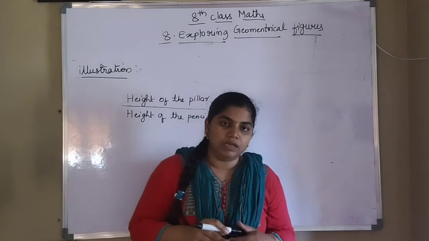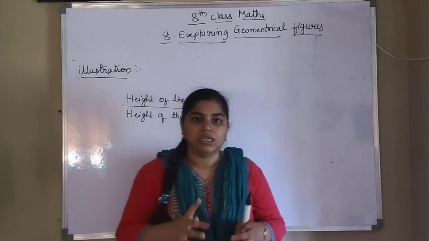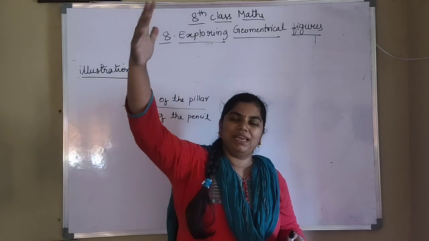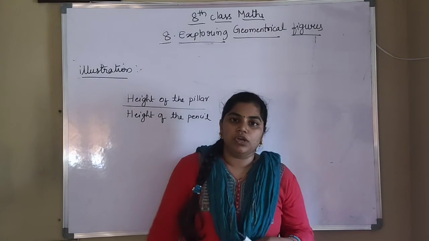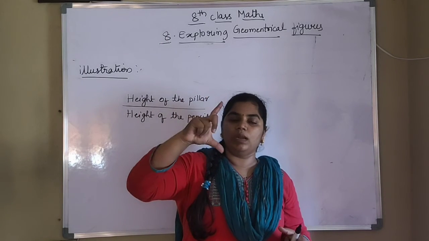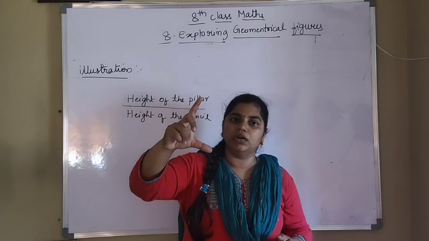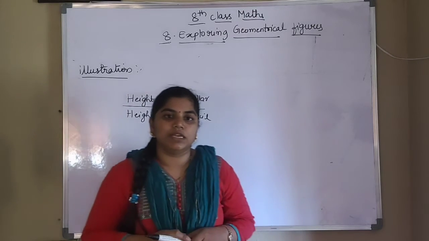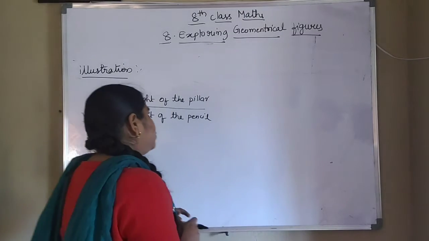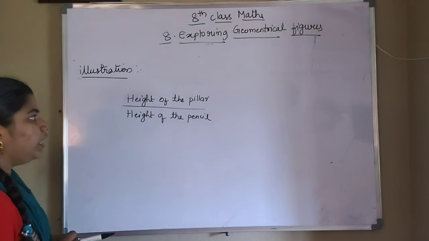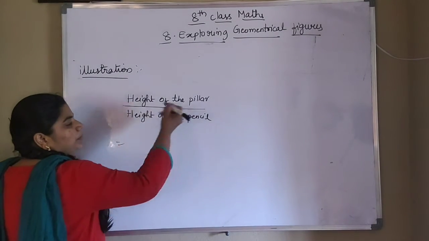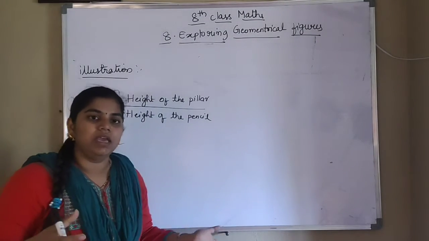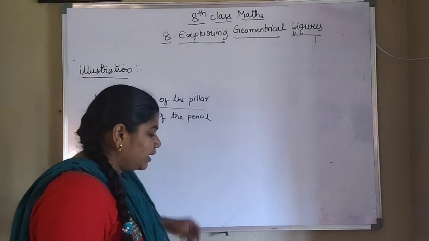Okay, so once again, what is illustration? Illustration means suppose from where you are standing, you are seeing one pillar or any building far away. You can assume that if you take one pencil or anything and hold it from here, the length of the pencil and the length of the building will appear the same. That is called illustration. How will you represent the illustration? That is height of a pillar by height of a pencil, or you can take height of a building by height of a pencil that you are holding. Not only a pencil, it can be any other thing also. So this is called illustration.